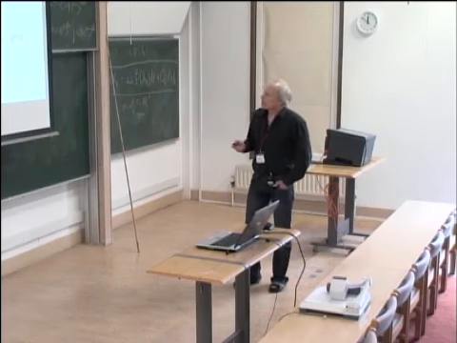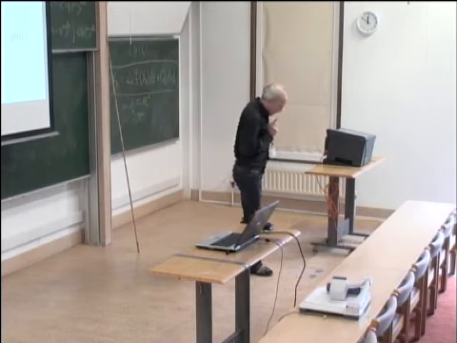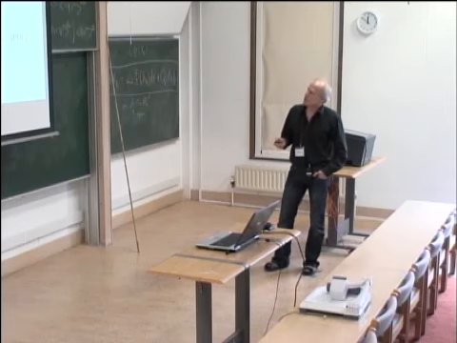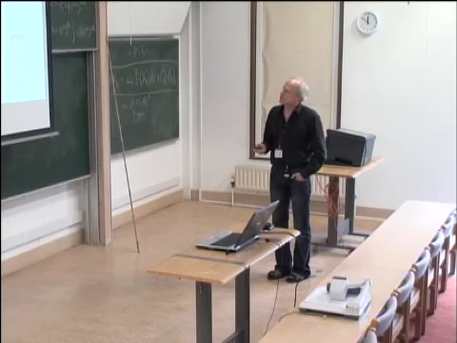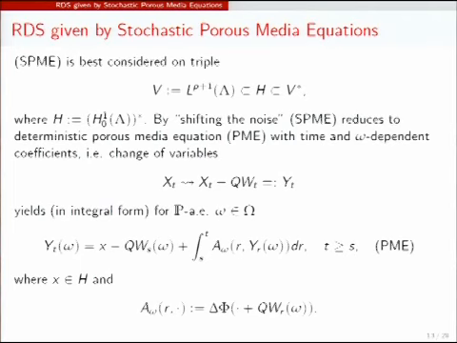Okay, so now I'm not going to use this general existence result I just mentioned, but I want to solve this equation omega-wise in the usual way. So if you have additive noise, you shift away the noise. So you write the equation for the difference. You take a fixed Brownian path. So this is just a continuous path that you subtract, depending on omega. So omega becomes a parameter. And then you write the corresponding equation for the difference.